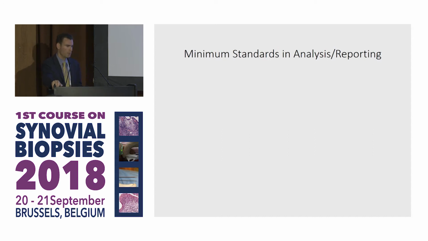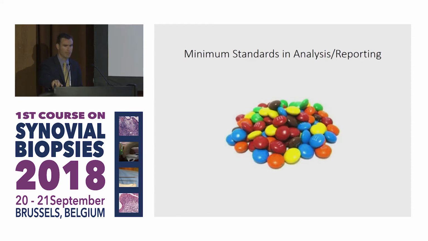So, to move on to the minimum standards in analysis and then reporting, concentrating almost exclusively on H&E staining and immunohistochemistry, I'm afraid to say that there's significant heterogeneity in methodologies and in reporting. And I'm going to give a couple of examples in the relatively recent past in the literature to demonstrate this heterogeneity. Some of them are some of my work, and some of them are some of Cos's work and so on. But I want to emphasize, I in no way advocate that there's one way better than another. I simply show these examples to demonstrate the heterogeneity of analysis and then reporting.